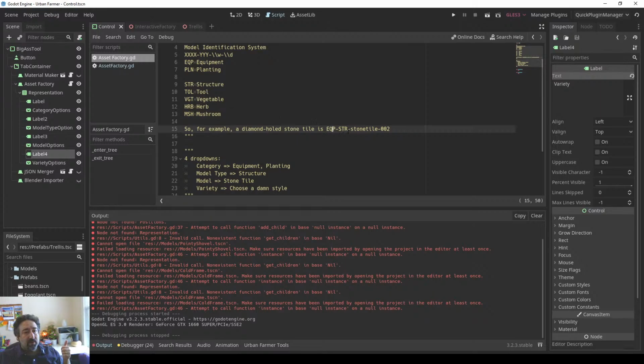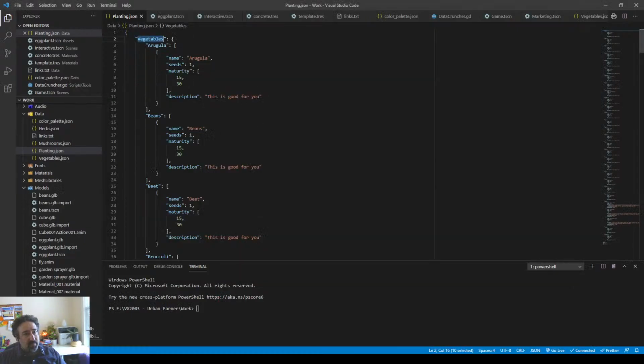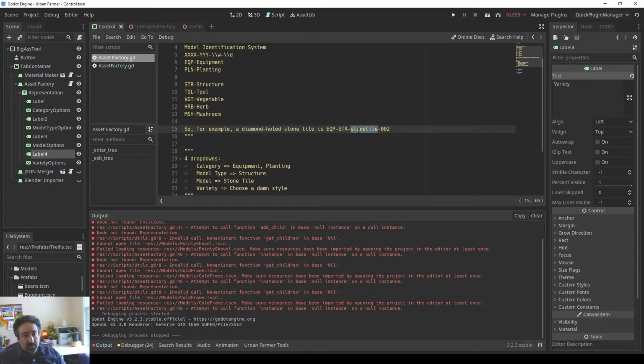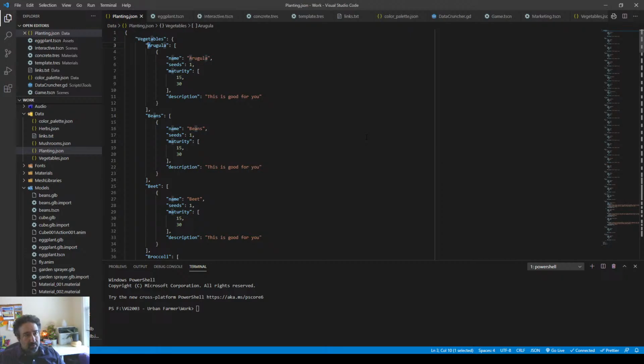So then stone tile being under structure, but say if tomato is under VGT, this is acting more like an ID. This is going to be lowercase, maybe without space, which means